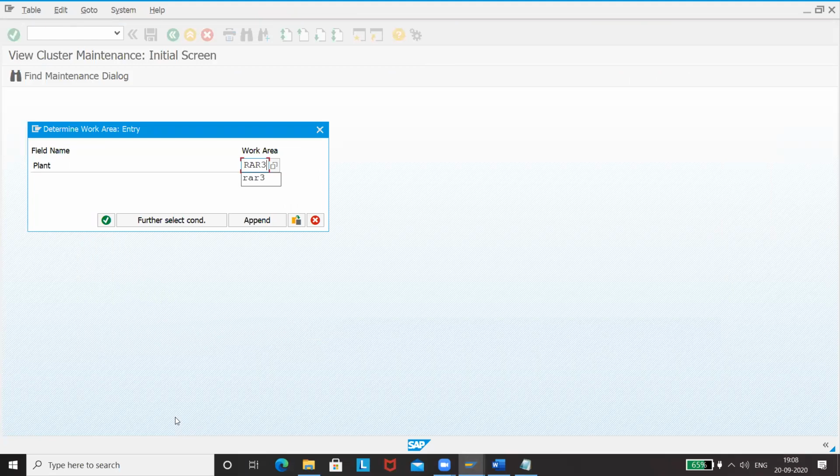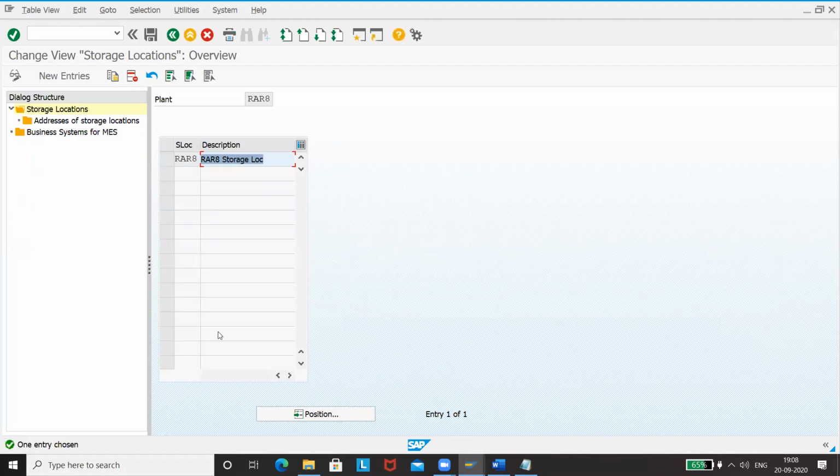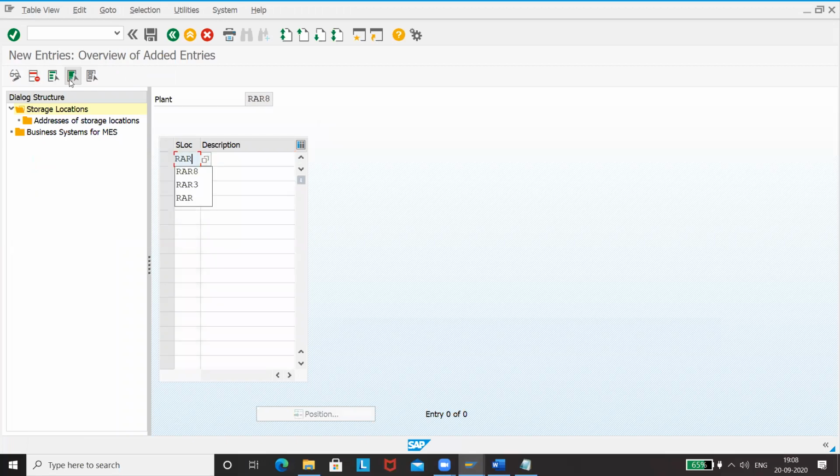Our plant is RAR, right? We have already maintained, this is for other company code. Now for our purpose, we'll maintain again one other thing, which is RAR3. RAR3 storage location.